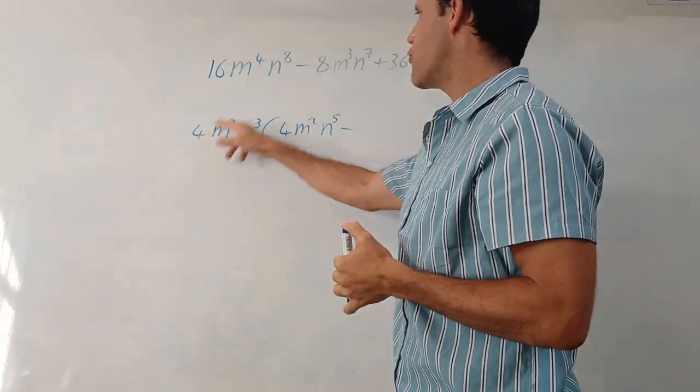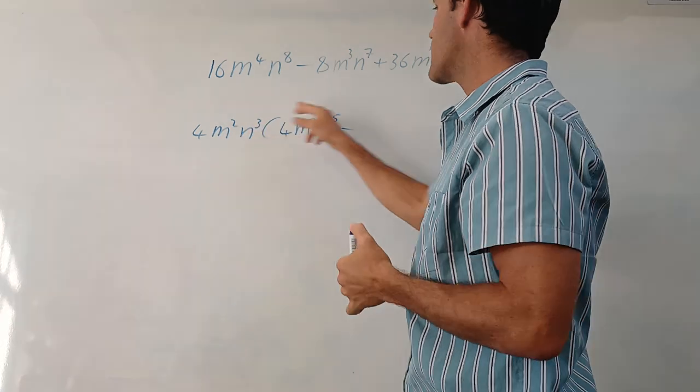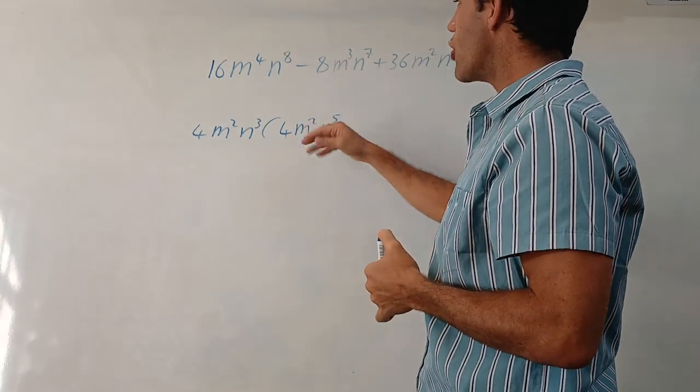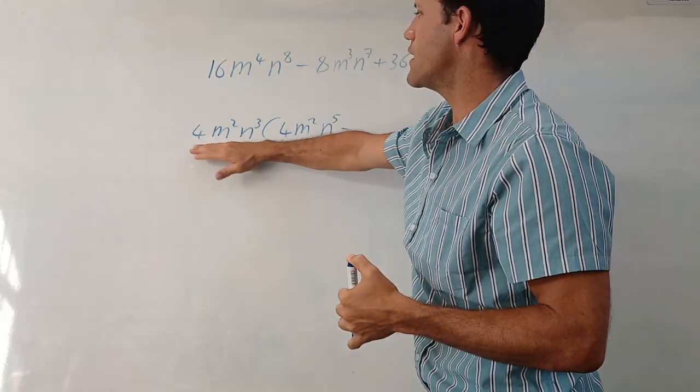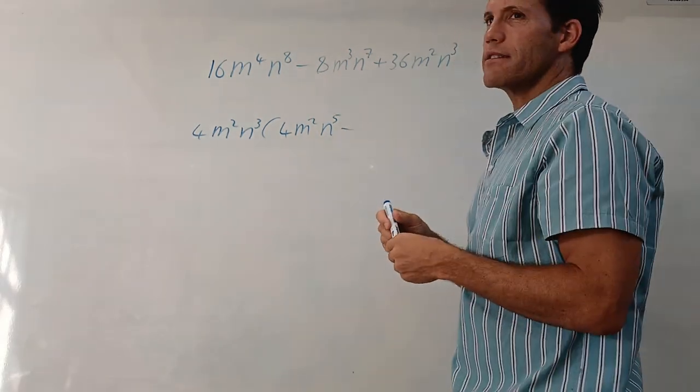And then for the second one, another option is instead of multiplying: the one way is to multiply. So 4 times what gives you this? m^2 times what gives you this? n^3 times what, like we did now. The other option is to take this in the front and divide it here. So you can do it in pencil. You can do it like that.